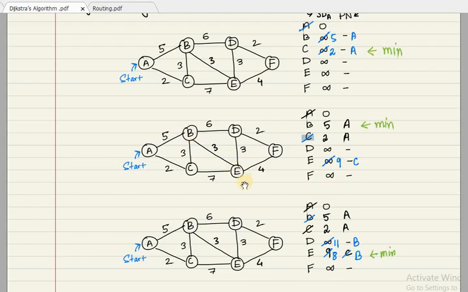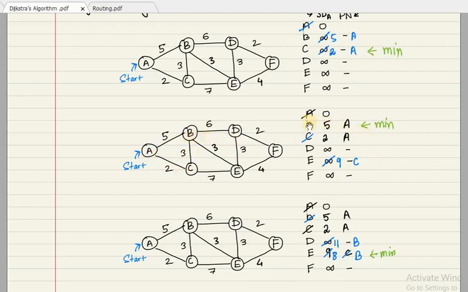Now if you consider B, if we have to go from C to B, then the distance is 3, and earlier it was 2, right? If you look at the previous diagram, to go from A to C it was 2, and now to go from C to B it is going to be 3. So 2 plus 3 is going to be 5, right? It is going to be 5. So if we take this particular path from A to C, then C to B, the cost associated will be 5.